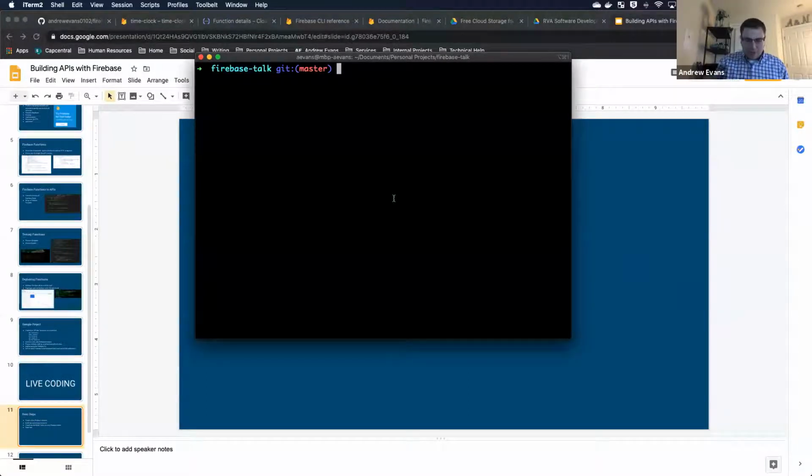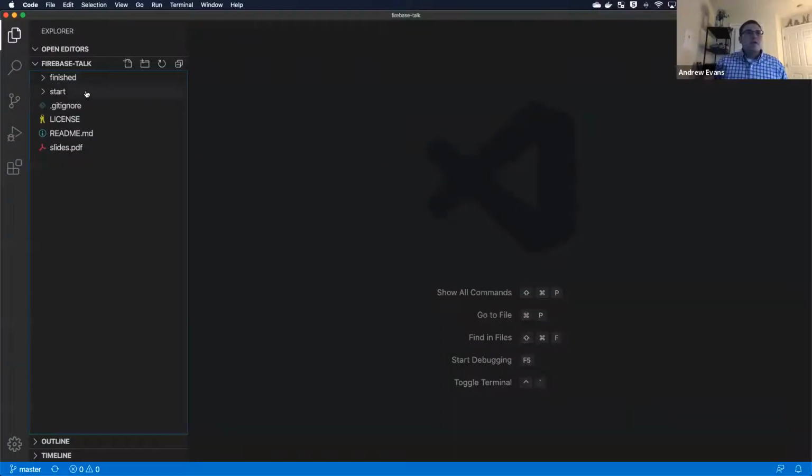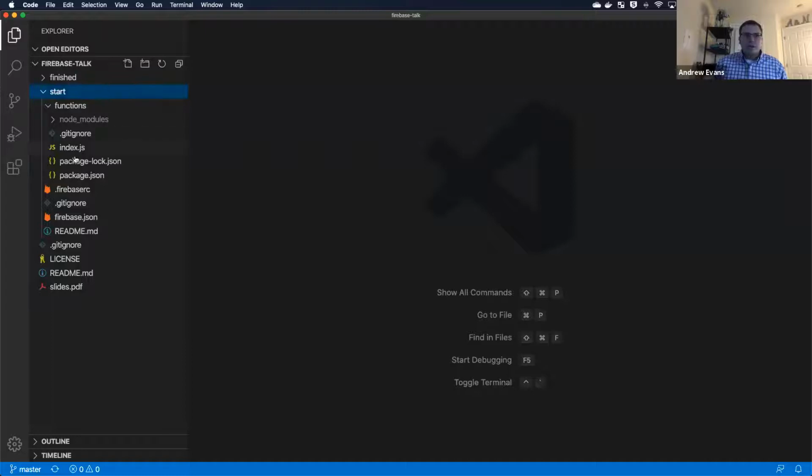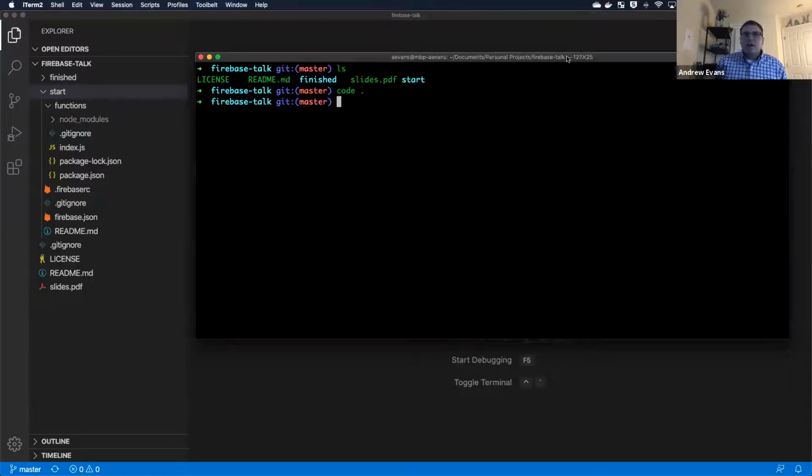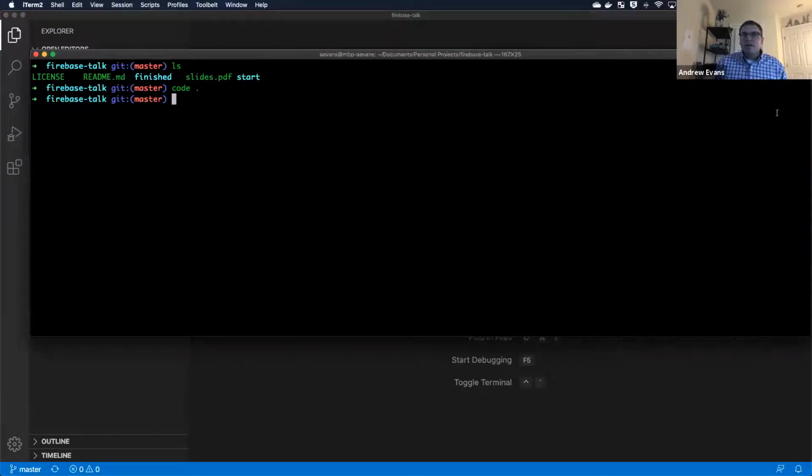Here's the project that I mentioned in the beginning of the talk. I'm going to go into the start folder. Actually, I'll pull it up with VS Code. In the start folder, what you have here is basically the initial setup. I'm going to show you what the CLI looks like as if you had not done anything. So if I just go right here and I say firebase init,